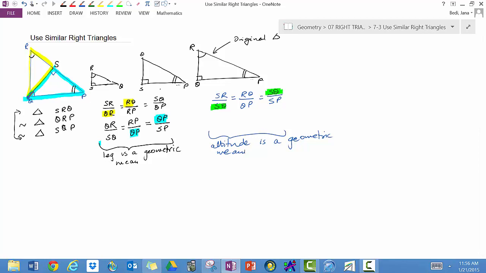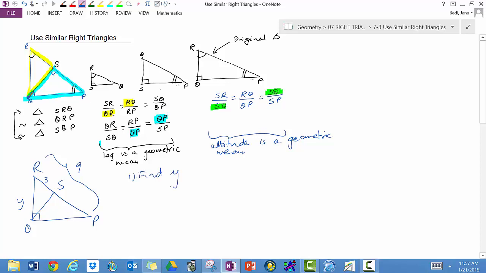So what I'm going to do is, let's say I have a situation in which I am given a right triangle and an altitude. So this is Q, S, R, P. Okay, and this time you are actually given the lengths. So RP is 9, and you are asked to find